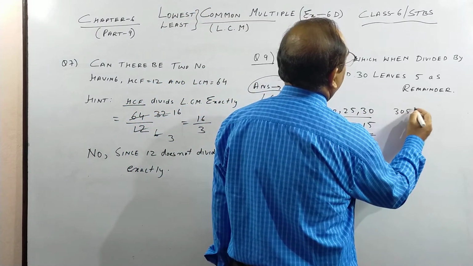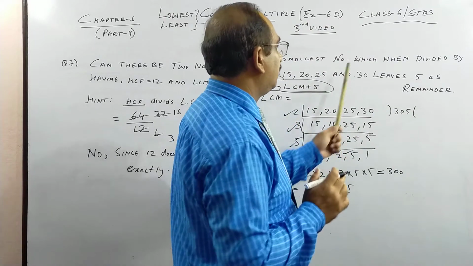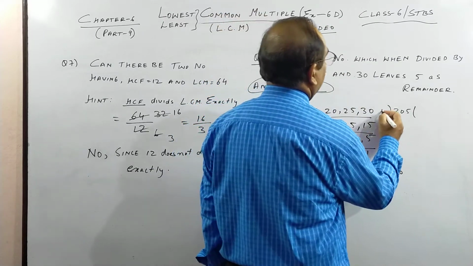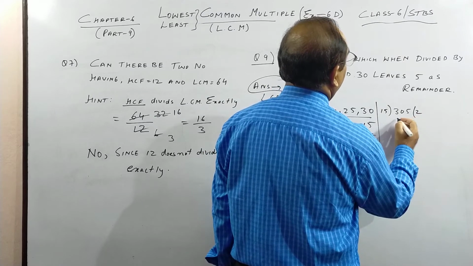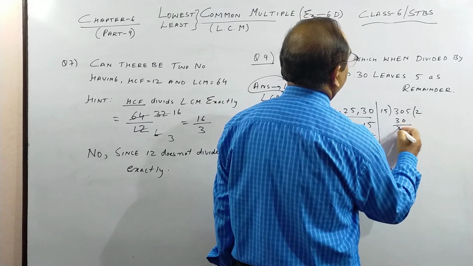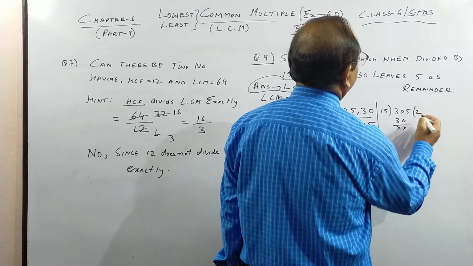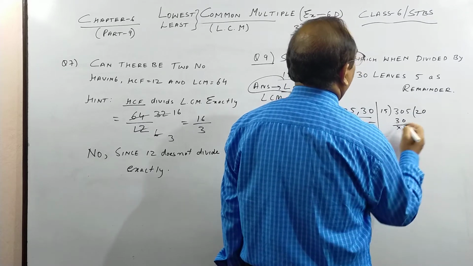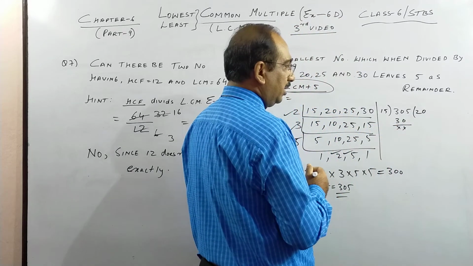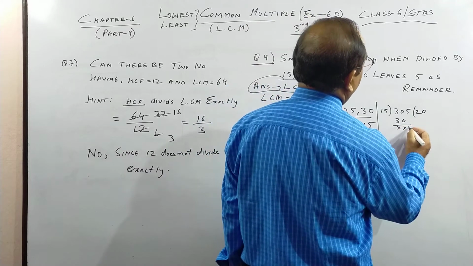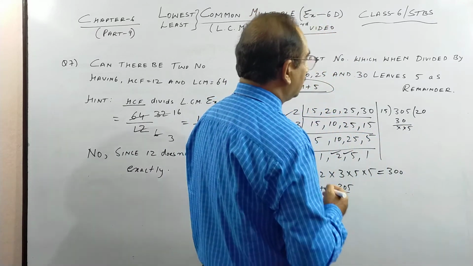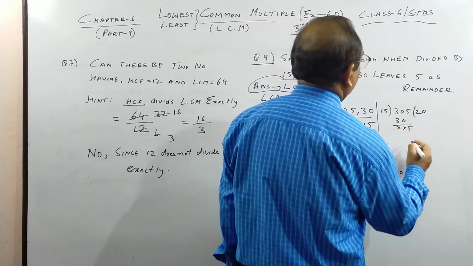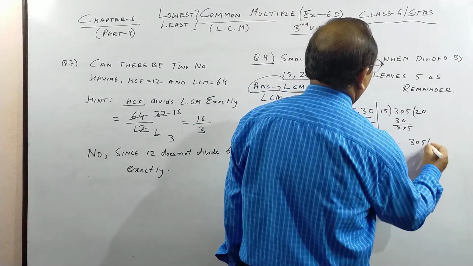I'll try to show it over here. Take the number 305. So smallest number which when divided by 15, I divide by 15. Okay, 15 2s are 30. Then it will go 20 times, it will be 300. So 5 will be the remainder here, children. See. Okay. Similarly, if you see, try with 20.